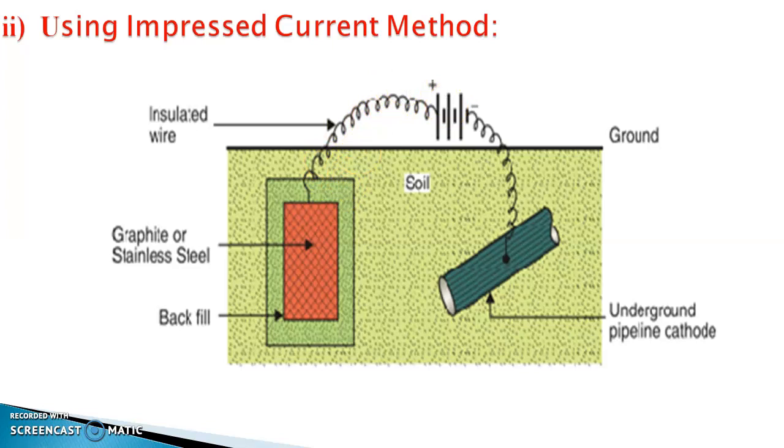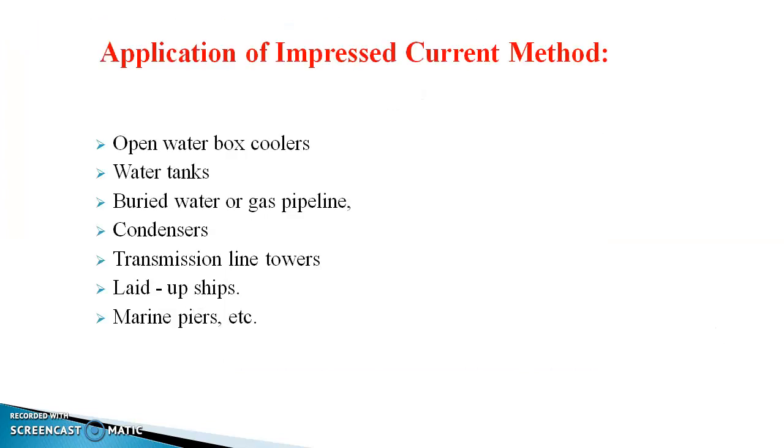Then the graphite is also kept in the backfill, in order to increase the electrical conductivity of the surrounding environment. This is the simple impressed current method. The application of this impressed current method, this type of cathodic protection, is mostly applicable for protecting the